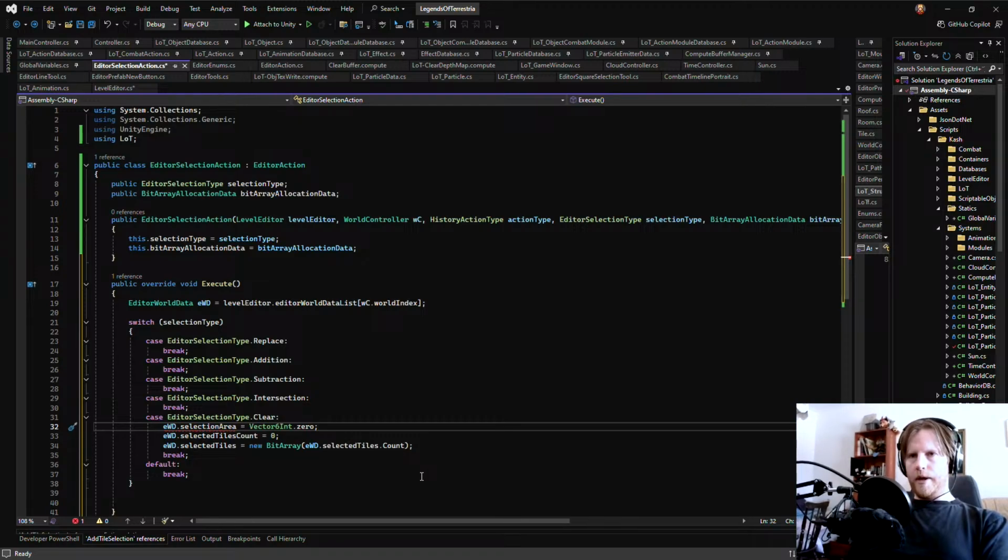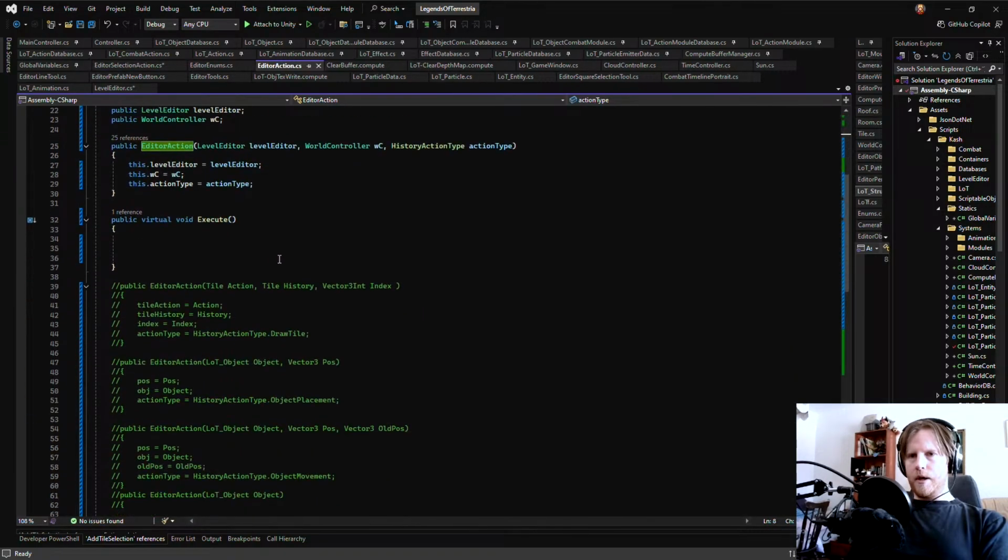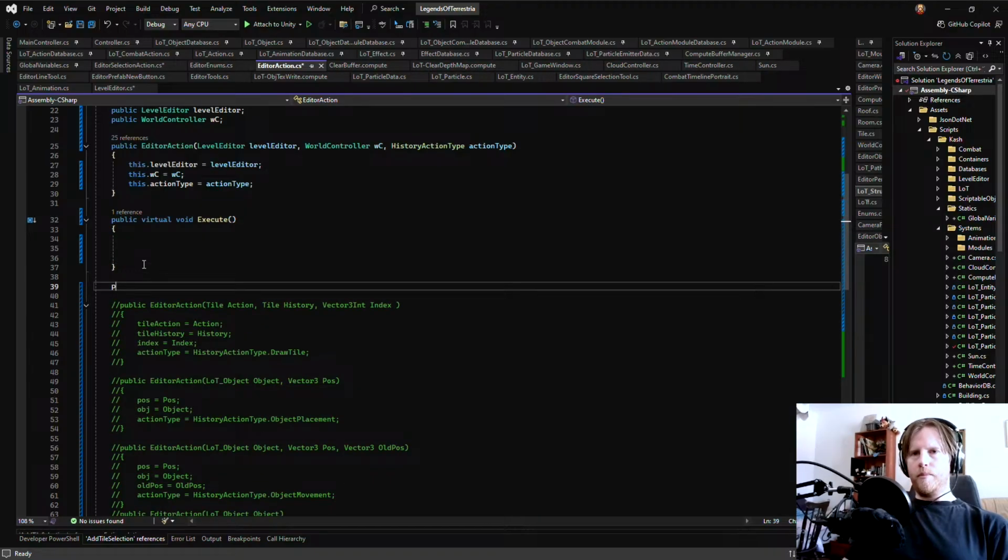We'll still need to create the action. And like I said, we need an execute and we need a public virtual void revert.